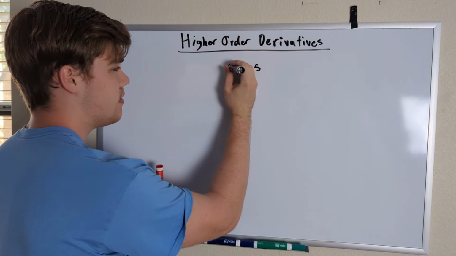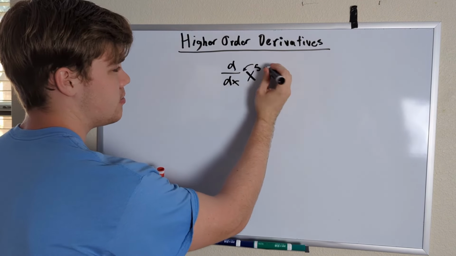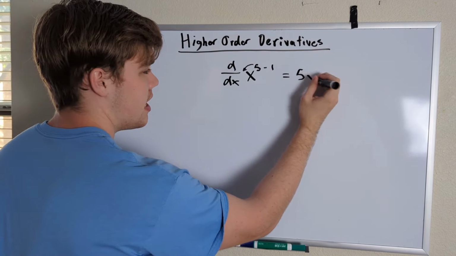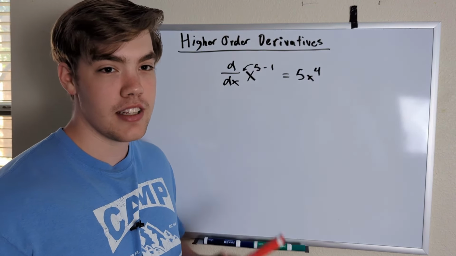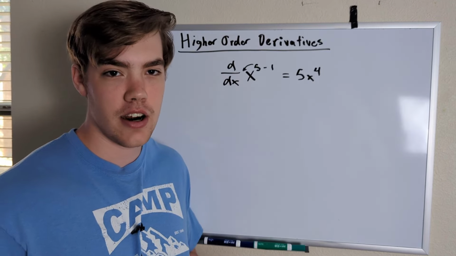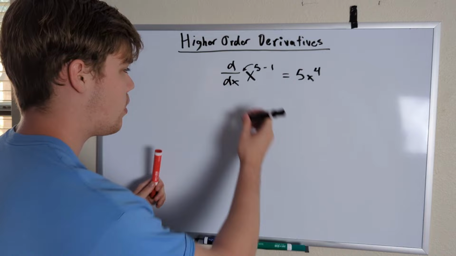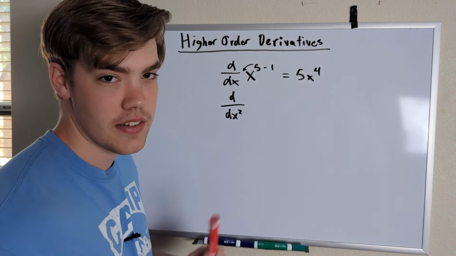If we wanted to find the derivative of x to the fifth, we would just use the power rule. We take this to the front, subtract 1, so this equals 5x to the fourth. But it turns out that you can find more derivatives of this, or the second derivative, the third derivative, the fourth derivative, etc. This is known as the higher order derivatives. So in this example, if we wanted to find d squared y dx squared, which would be the second derivative of x to